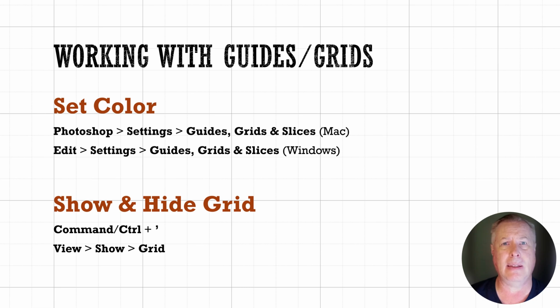The grid is a set of automatic guides that repeat at intervals you can change in the settings. Here's another cheat sheet for you. In addition to guides and grids being a visual aid, you can also make it easier to align objects by